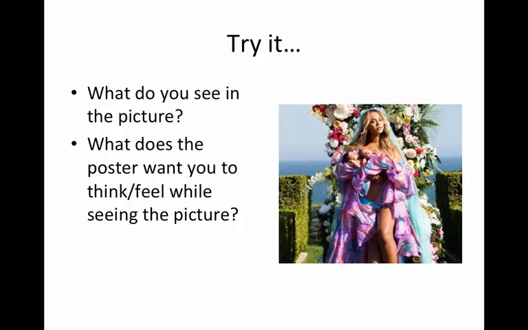So I am showing a picture right here, and I want you to think about what do you see in the picture? Well, in this picture, there is a woman holding two babies. She's wearing a purple, it's kind of like a dress. She has a blue veil on, and in the background it looks like there's a bunch of greenery. It looks like there's the ocean, and she has a flower altar, and also the woman is Beyonce, so that's an important detail. So we've got this picture, and that's what we see in it. That's what we're actually viewing.